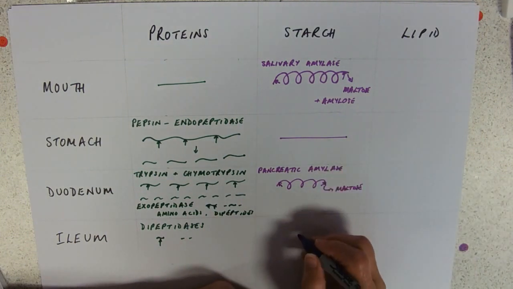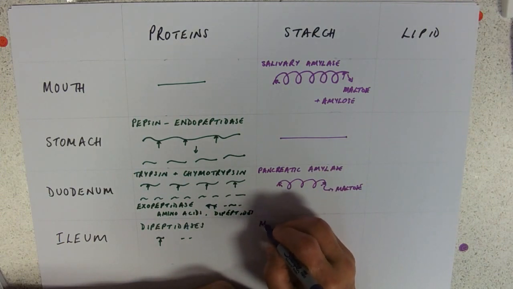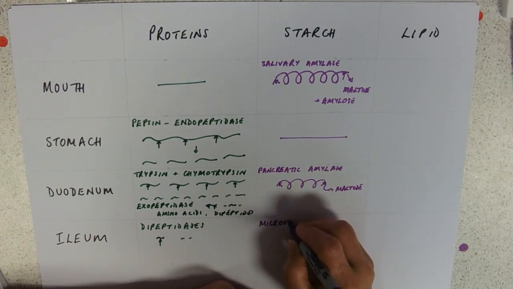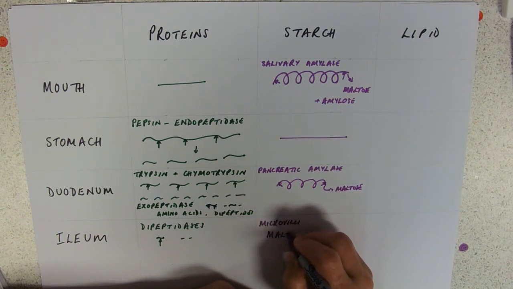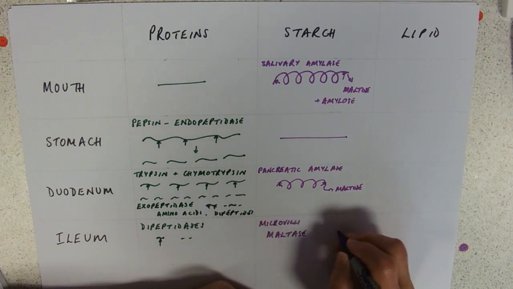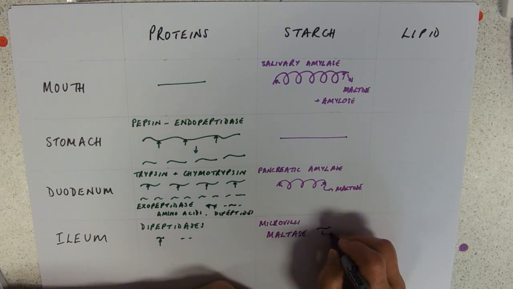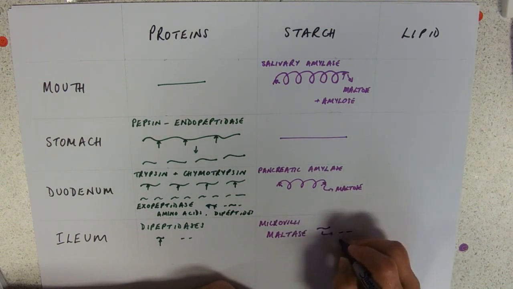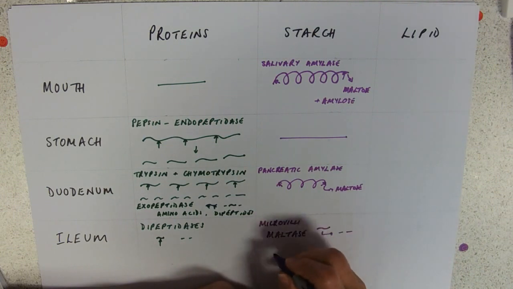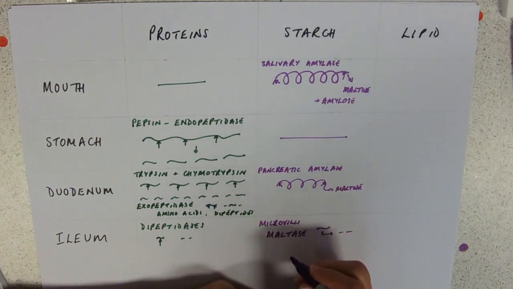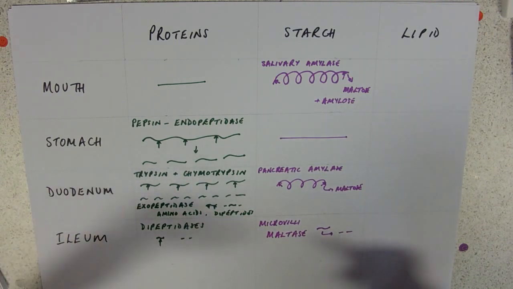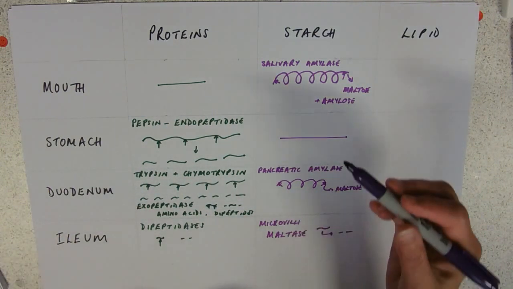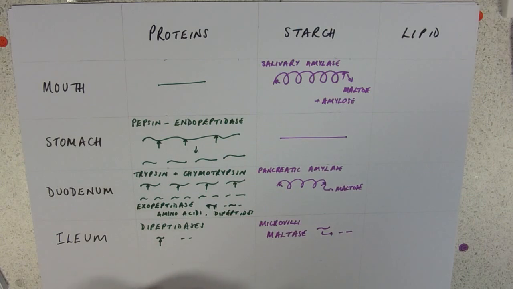And then in the ileum, on the microvilli, we're looking at maltase acting on maltose to release 2 glucoses. Remembering that also you may have taken in sucrose and you'll have sucrase. You may have drunk some milk and have lactase as your carbohydrate enzymes down there.